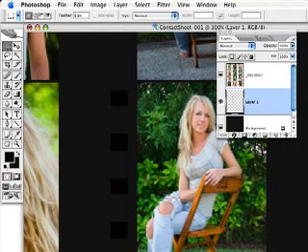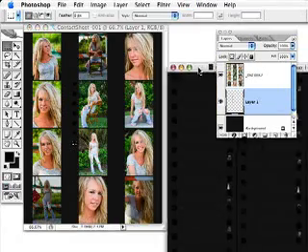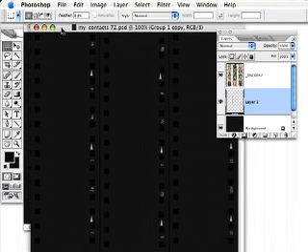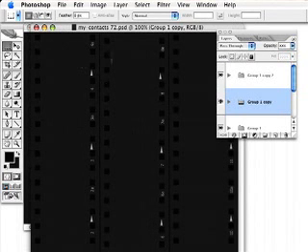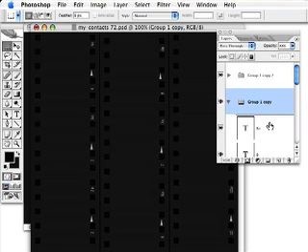Now let me show you, for the sake of time, a finished version where I've done a couple things. I've added those little sprockets, I've added some black lines to divide, and I've also got little text layers that look like the negatives where you see 1, 1A, 2, and 2A, and so on. I've done these in a document where I still have all the type layers in groups, so that if I decide later on to make a second contact sheet going forward, 13, 14, 15, and so on, it's very easy to do that.